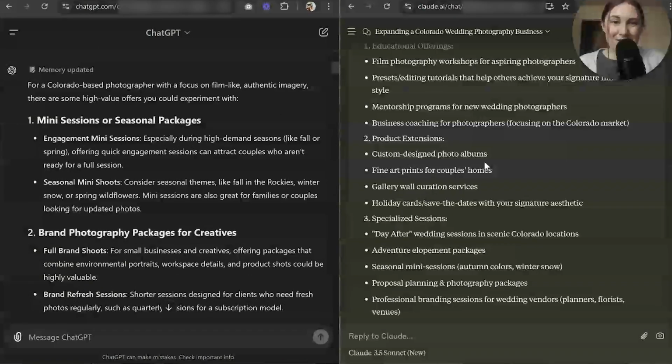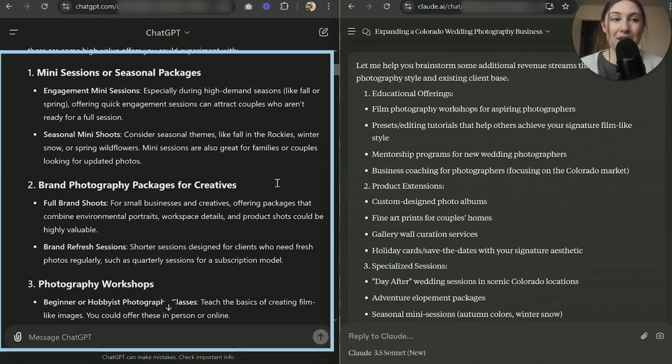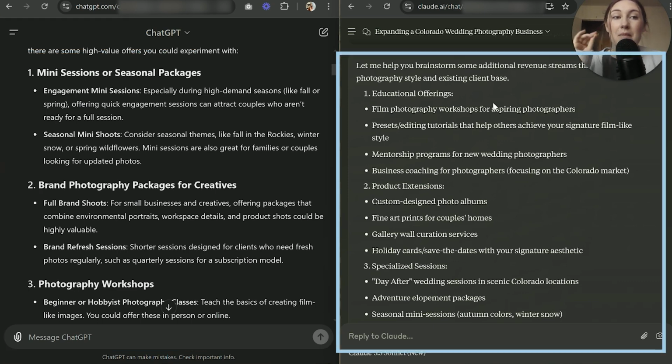So this point is pretty straightforward, and I feel like we've already kind of covered it in the last video, but going back to the same prompt and comparing, as you can see, ChatGPT is going on and expanding and adding a lot of context, which is up to your personal preference. But what I like is Claude is very specific and very concise and also very unique. So you're getting very personalized ideas, you're getting really concise information, and you're not having to read a lot, which